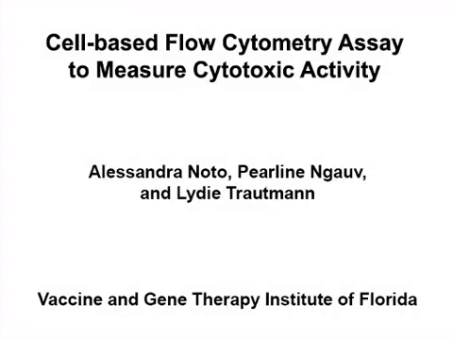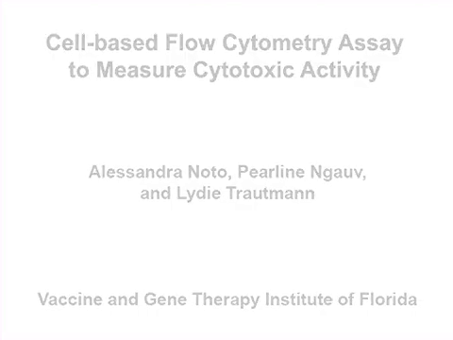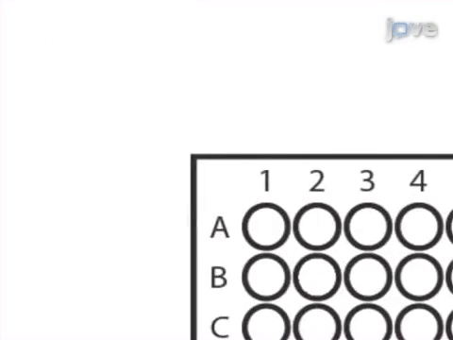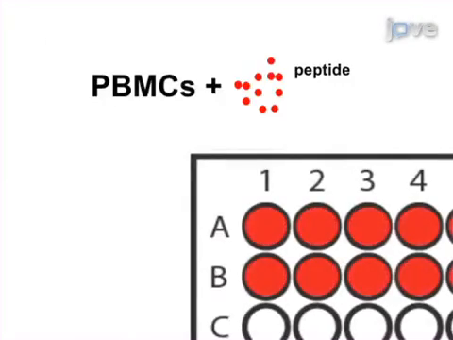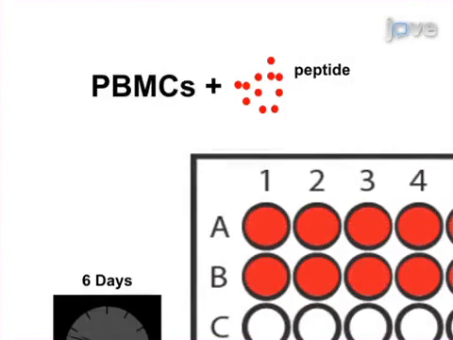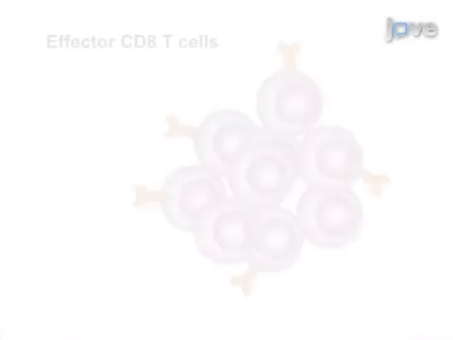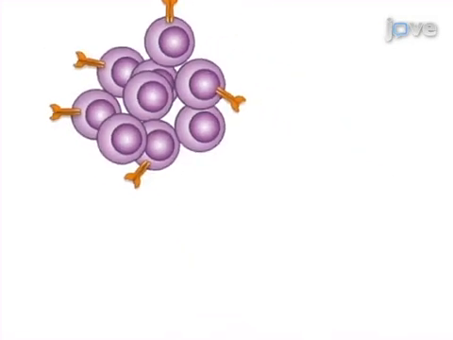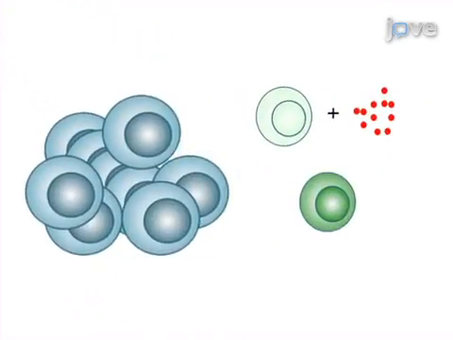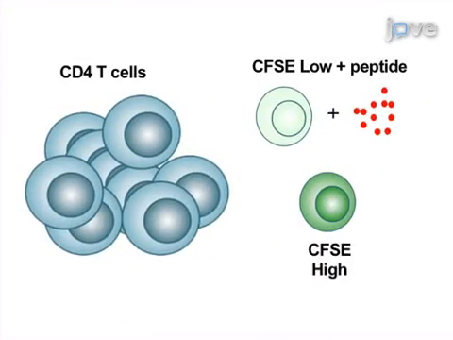The overall goal of this procedure is to measure the cytotoxic activity of antigen-specific CD8 T cells using a cell-based flow cytometry assay. This is accomplished first by expanding effector CD8 T cells for 6 days in the presence of the peptide of interest. In the second step, target CD4 T cells are pulsed with the peptide of interest and